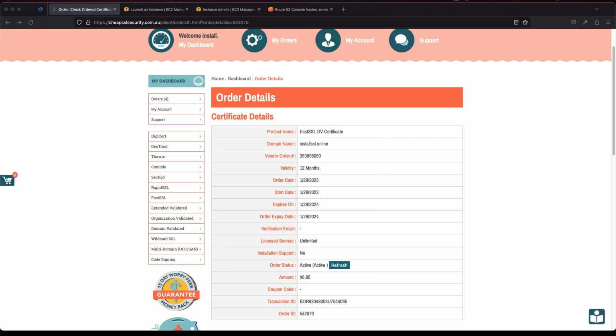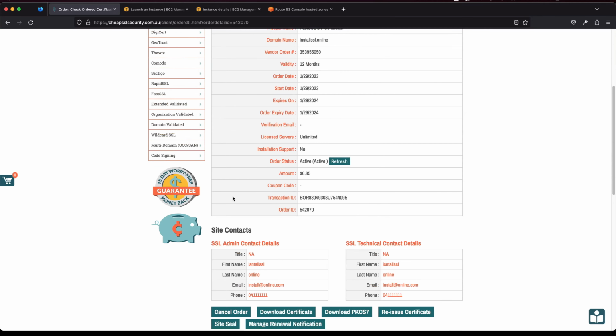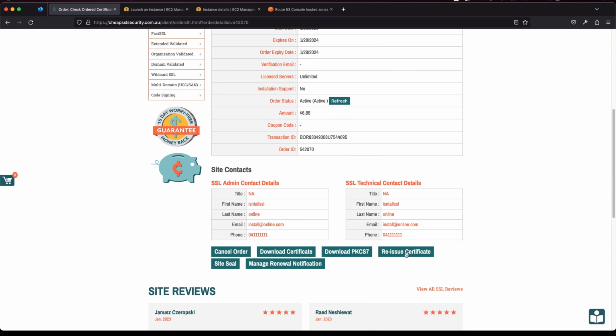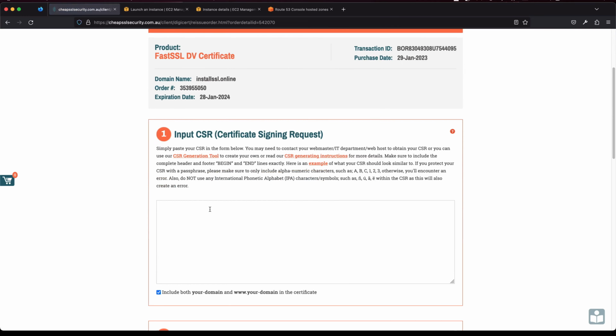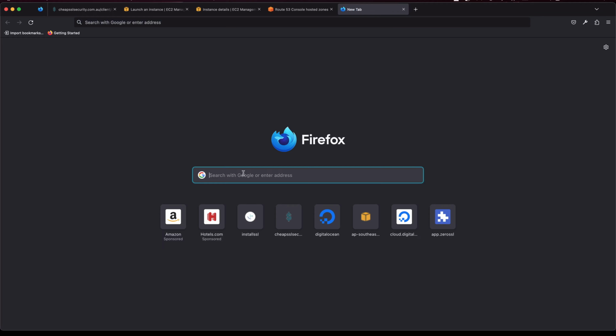For reference, I'm using this website and I've already placed an order for the Fast SSL. If I want to reissue the certificate, or if you're doing it the first time, this is the page you'll be on, where it will ask you to provide the CSR. You could create the CSR using the console, but if you are not familiar with that, you can always use online tools. So I'll be using